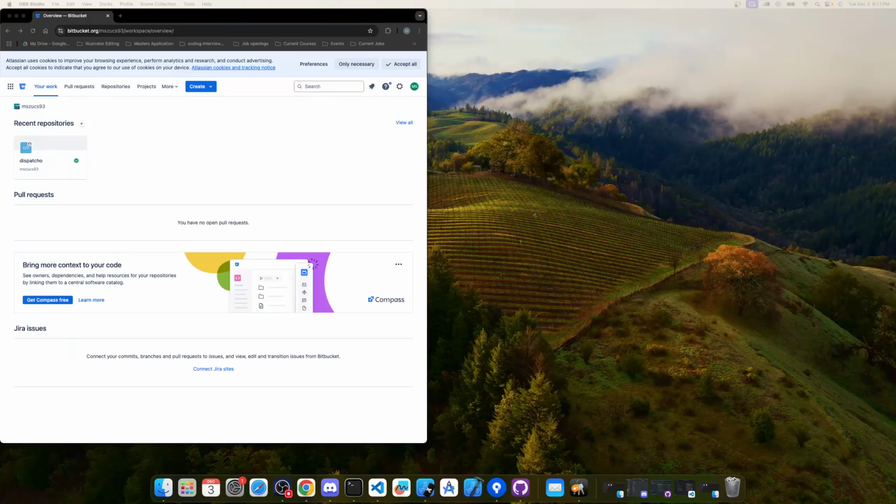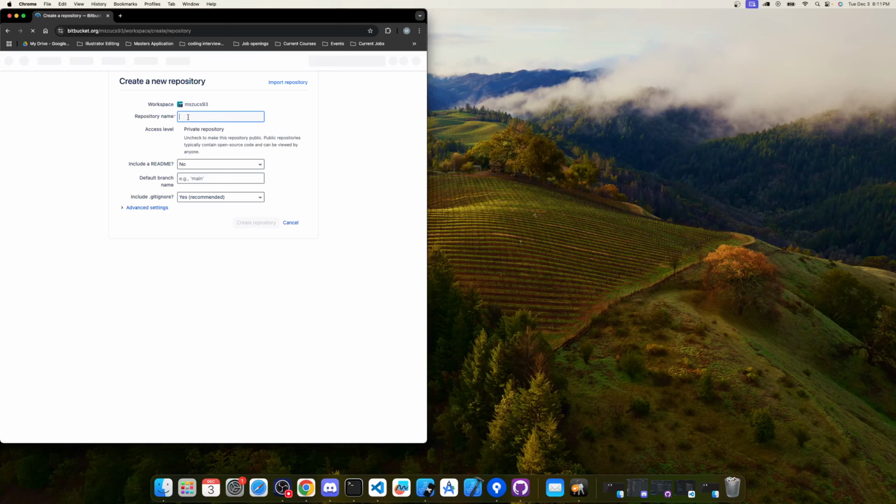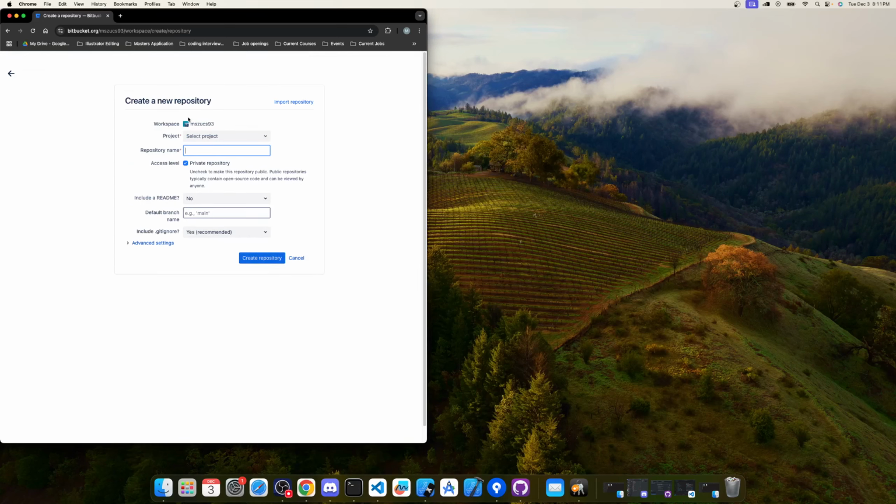Everyone, so for today we're going to see how we can set up Bitbucket with our computer. I'm going to use a Mac computer, and how we can use certificates in order to set up our computer. So I'm going to create a brand new repository, and I'll just call it, let's say,